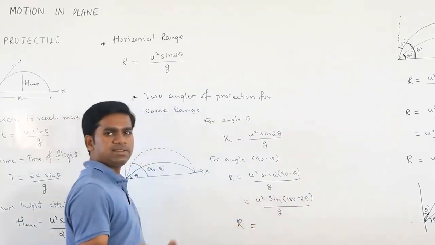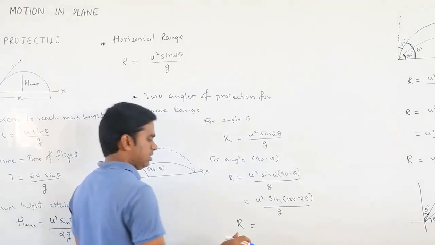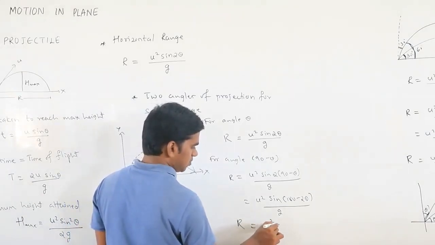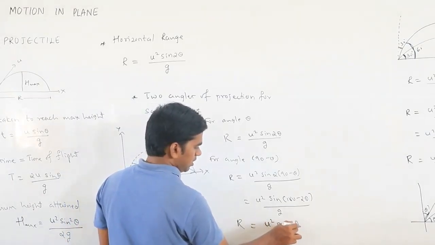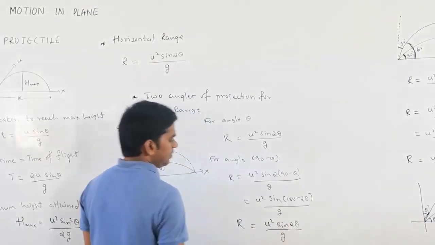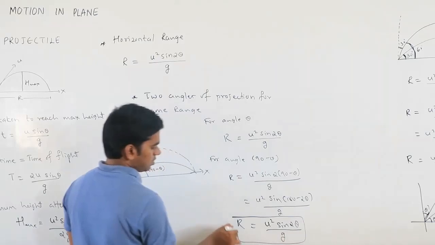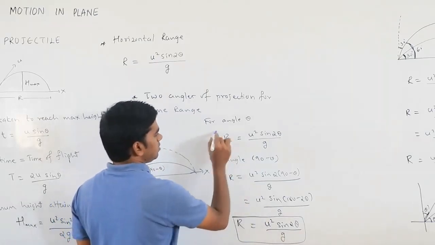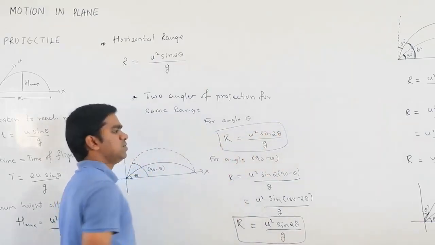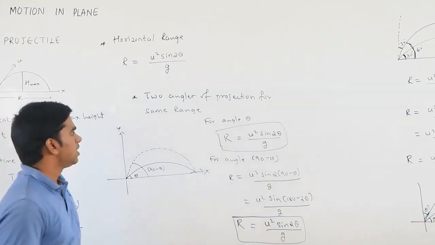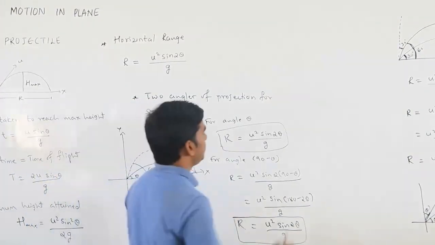Sine 180 minus theta is what? Again, sine theta only. So what can we write? u square sine 2 theta divided by g. If you look at the formulas, both are the same. This is u square sine 2 theta by g, and this is also u square sine 2 theta by g. Then the range is the same for